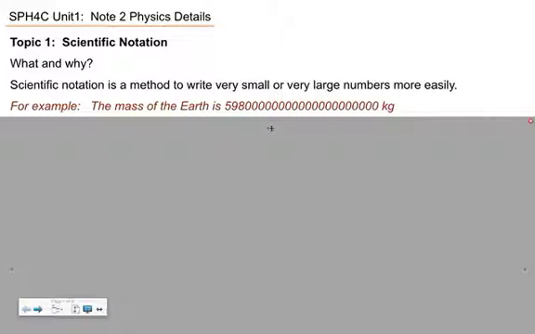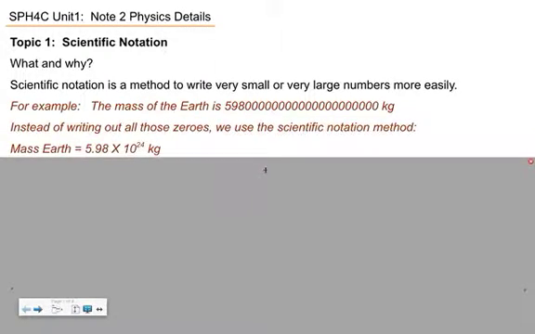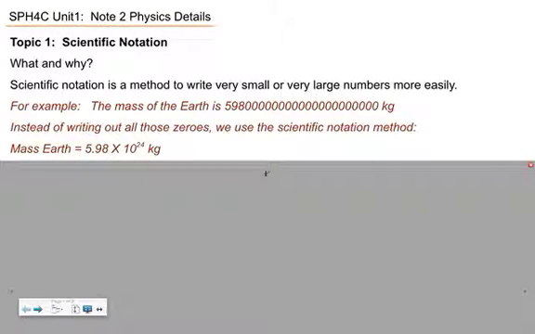Specifically, we do questions related to gravity, where you may need to know the mass of the Earth or some other planet. So there's the mass of the Earth, and you want to write that down. You're sitting there counting out all the zeros. Well, instead we can use scientific notation, and in scientific notation, the mass of the Earth is 5.98 times 10 to the 24. So I know that's true, and when I use my calculator, I punch in 5.98